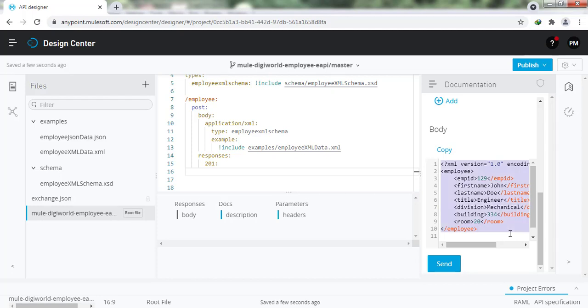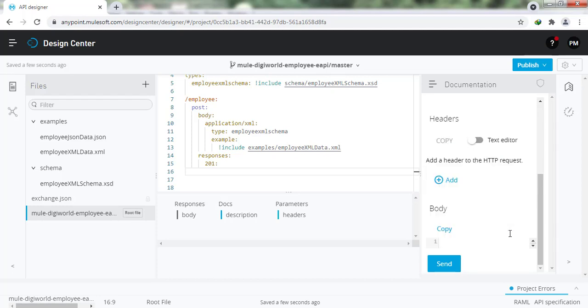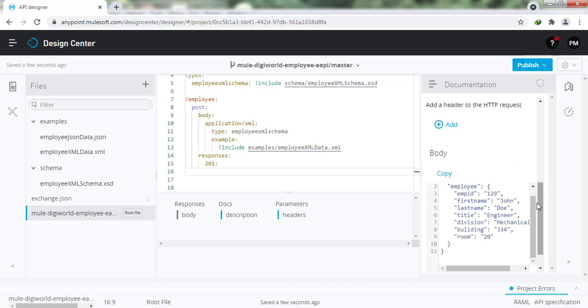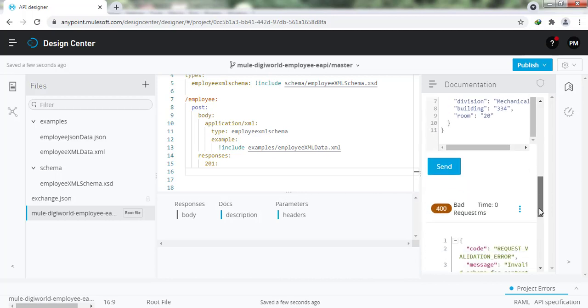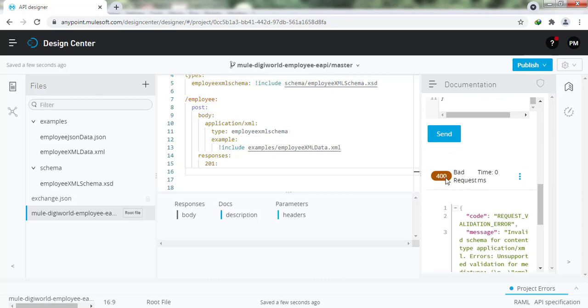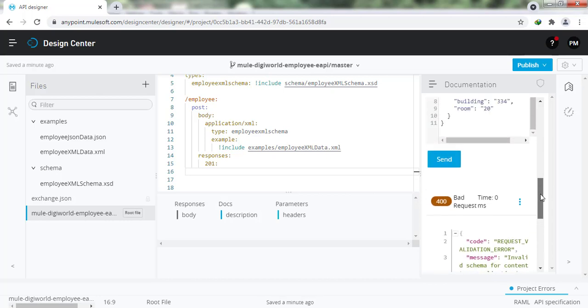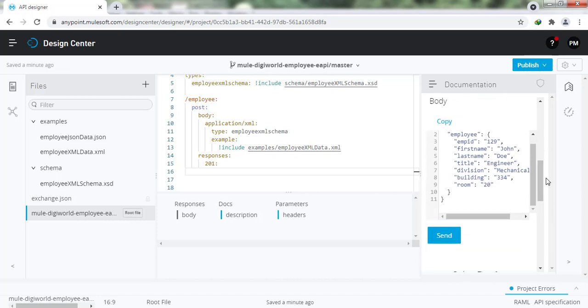I will just replace this XML data with our JSON data, right? If we do send, then what is it showing? It is showing bad request, right? That means the JSON request is now not accepted by our employee resource for the post method, right? So this is the